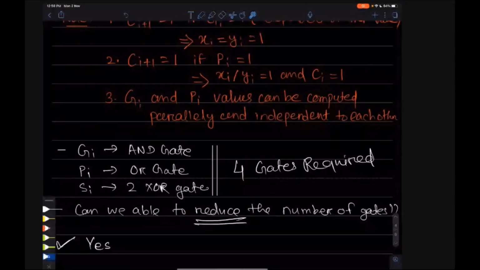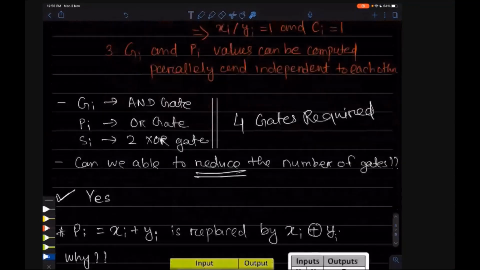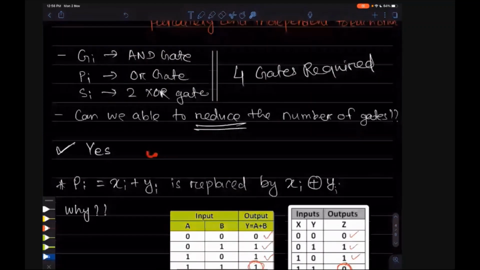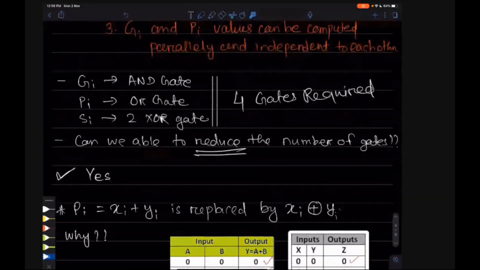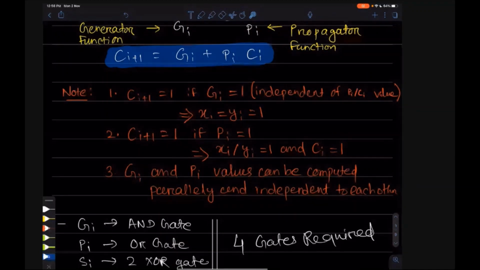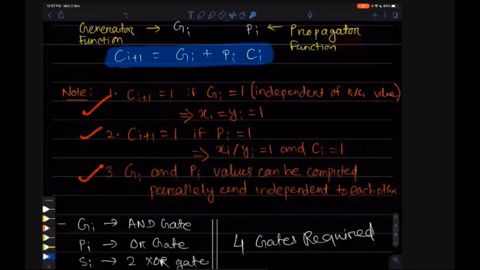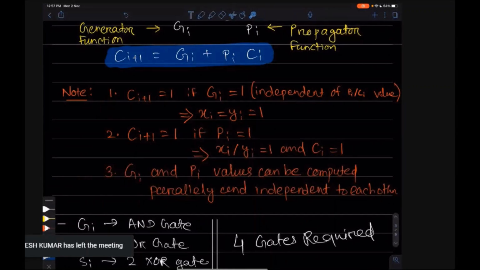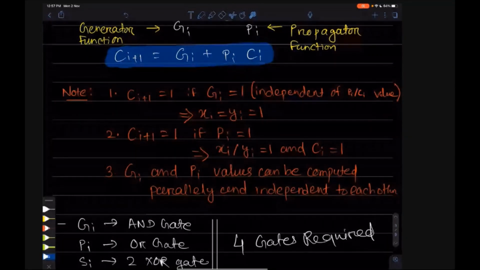Okay, so then some more derivations are there. Up to this, everybody is clear? Generator function, propagator function, and all these three nodes, or should I explain again, because this is very much important. Okay, I think everybody is clear.